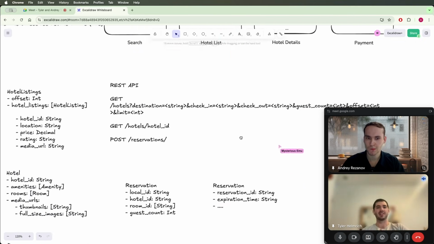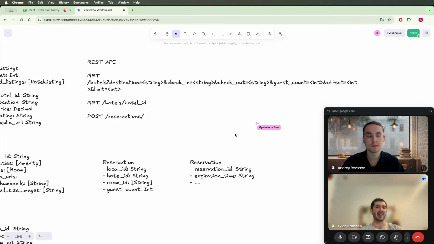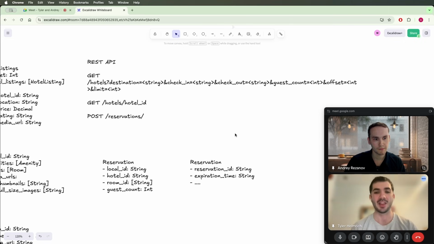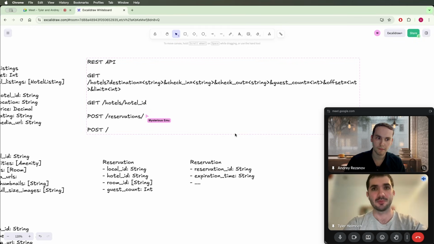So the last thing we're going to need is payment, but that is something that I would not roll myself. That's something I want to rely on third party software to do. So I would integrate something like the Stripe SDK into the application. That's who I'm going to be sending the name, credit card, and billing address. They, in response, will send me some sort of confirmation token that payment will be received. And then that's what I need to send to the backend potentially in order to say my reservation